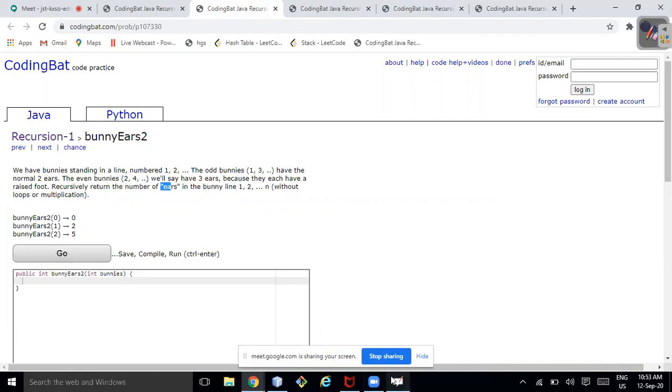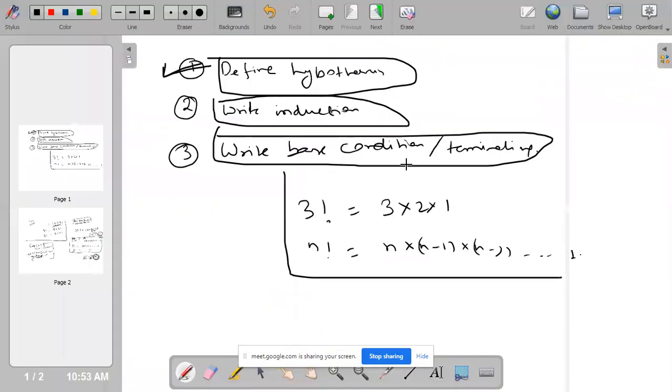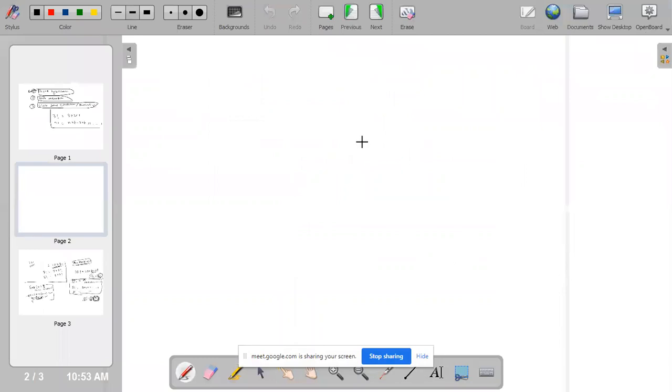So the problem is something like this. This is again a very simple problem, but to make our understanding clear, we have bunnies standing like this. Bunny number 1 has 2 ears, but bunny number 2 is having 3 ears. This is 3 and this is 2.